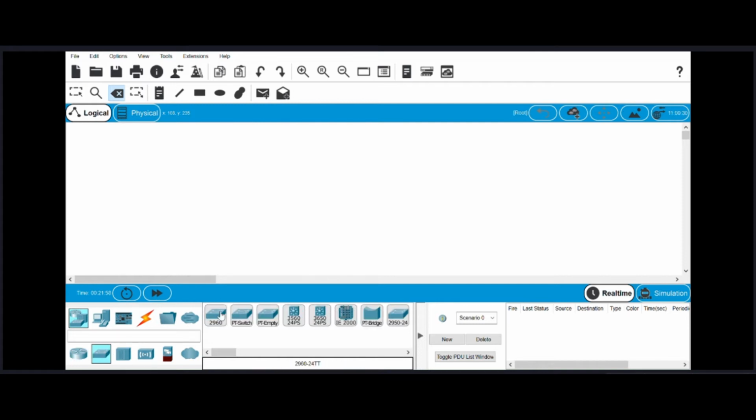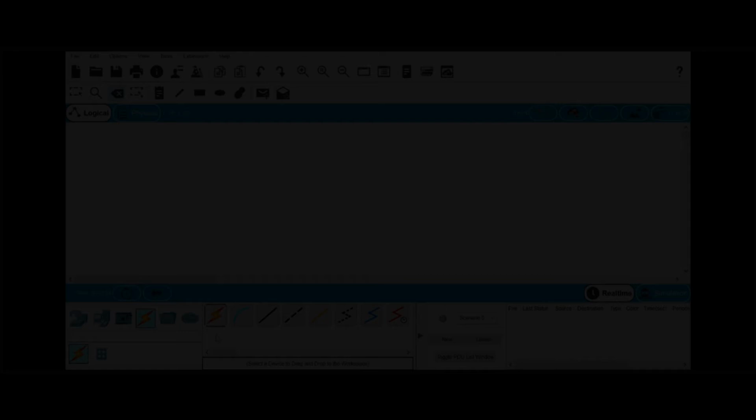Similarly, if you want different types of switches, you can choose this, and these are the different types of hubs, and then wireless devices, and these are security, that is firewall, and then clouds. So these are the options. Similarly, end devices can be used, and then these are components, cables. These are the different cables which are used to connect different components.